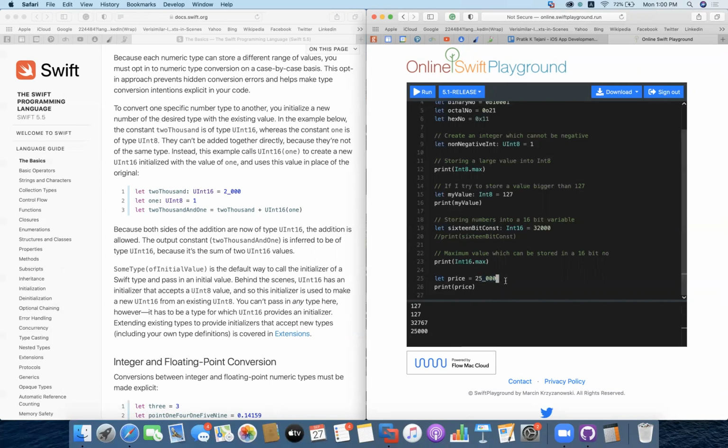Okay, so suppose I want to define 1 lakh. We can define it in this way: 1_00_000, like that. So we can run and we can get the appropriate value.